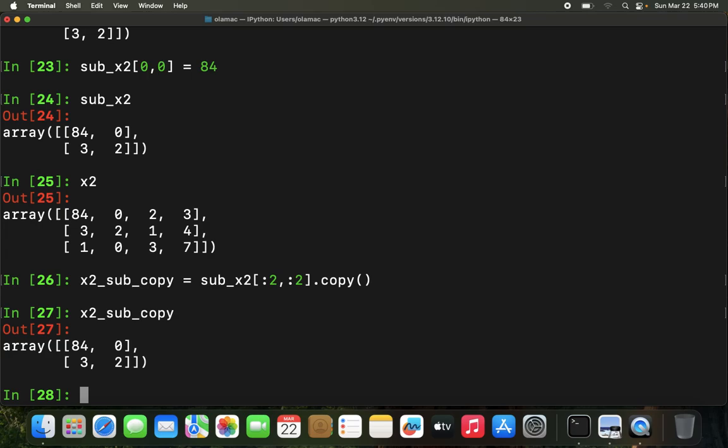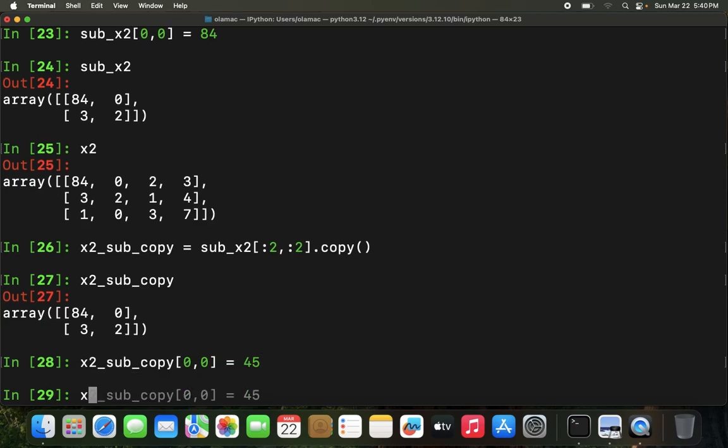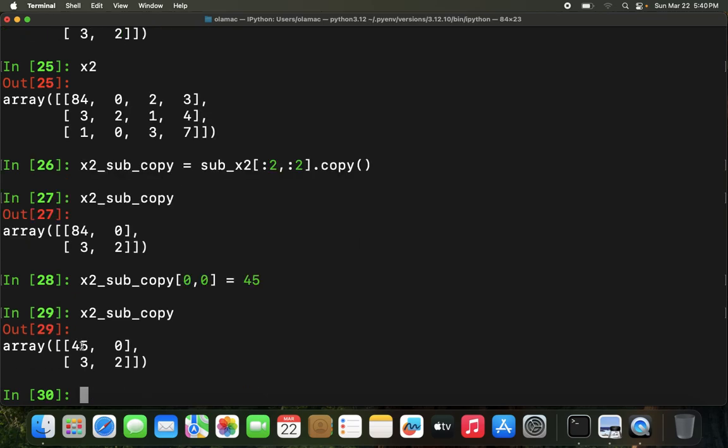Having created this copy, we can try to modify x2_sub_copy. Say I try to modify the first row and the first column. I set this to 45, for instance. So x2_sub_copy, that becomes 45. Now, because we're doing this operation on a copied subarray, it does not modify sub_x2